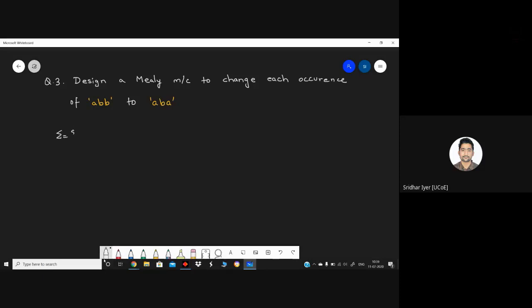The input is A and B, and the output is nothing but your lambda, sorry, your delta. Delta is again in terms of A and B. Why? Because in the previous case we had outputs as X and Y, but in this case we are converting the inputs only to something else, right? Again, we will be having five states, correct? So simply follow your logic and complete this table.